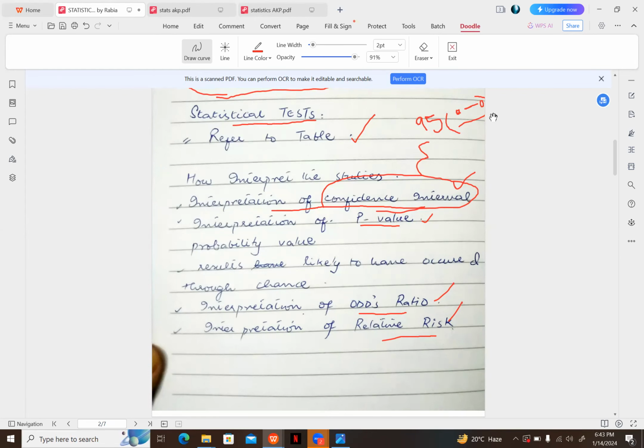Like I can confidently say that the results of my study lie between, suppose, 1 and 10. This is simply the confidence interval, and in most studies they have given you a 95 confidence interval. So you don't have to do much about this. Just make a concept of what it is, and have some basic background knowledge in your mind of what they want to say: if they say confidence interval 95, it means I'm 95%